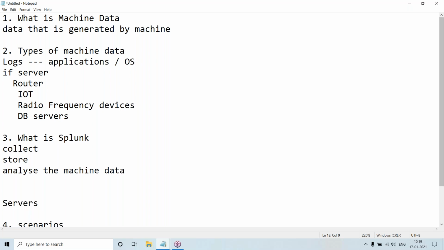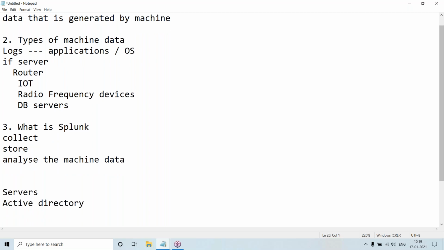So it can collect data from servers, Active Directory, and operating systems like Windows or Linux.